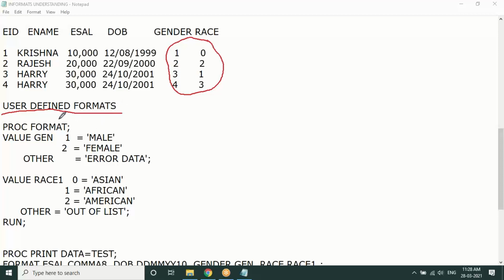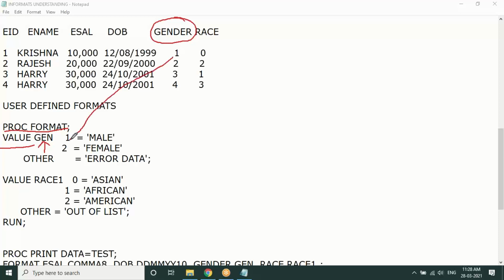Okay. So what we are going to do, we have another new procedure called proc format. Value is the syntax. So whatever variable you have, you're supposed to create one more new variable. So I have gender, I'm going to create it as something called gen or any other name, where that new variable should not exceed more than 8 characters, no special characters in between, no spaces. That is a default rule or a limitation for creating a variable.